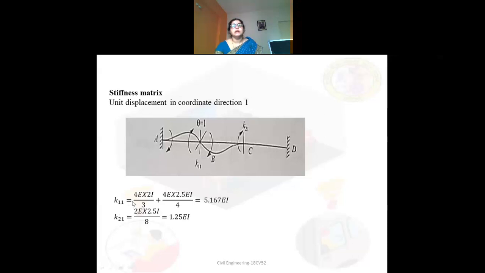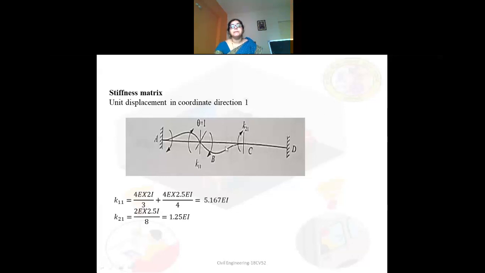Right. So again it is 2EI by L into (2 theta B plus theta A minus 3 delta by L). Anyway, the 3 delta by L we have already considered, and here we are considering only the rotation at B. All other displacements are 0. So theta A anyway is 0. In place of theta B, if I write 1, what is the answer I am going to get? 4E into 2I by 3.